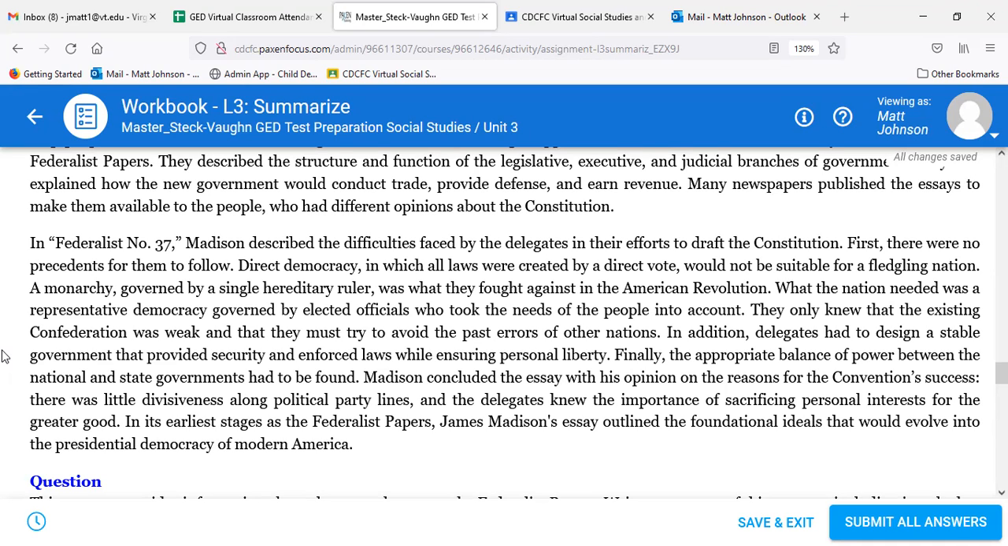Madison concluded the essay with his opinion on the reasons for the convention's success. There was little divisiveness along political party lines. The delegates knew the importance of sacrificing personal interest for the greater good. In its earliest stages, as the Federalist Papers, James Madison's essay outlined the foundational ideals that would evolve into the presidential democracy of modern America. A little bit of a longer passage there. Okay, so